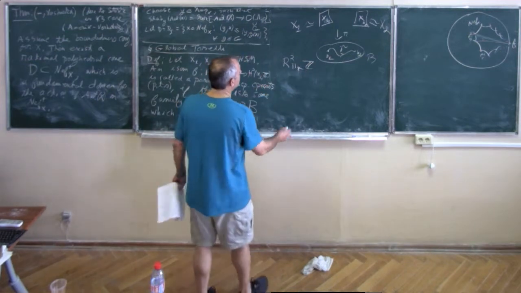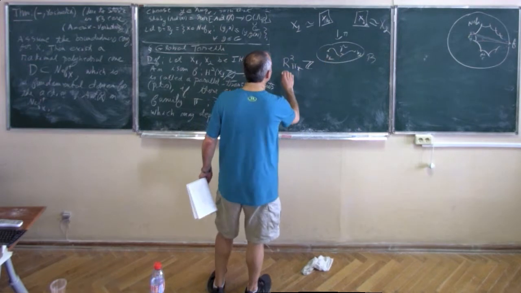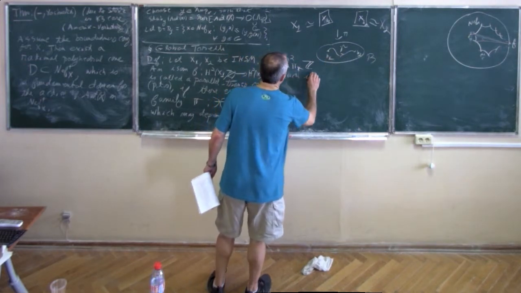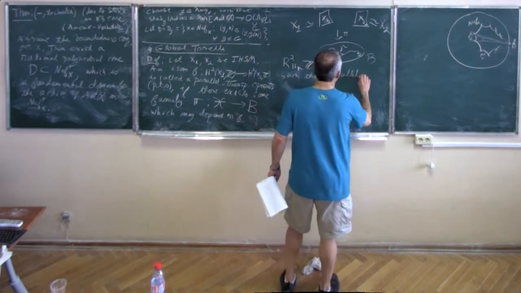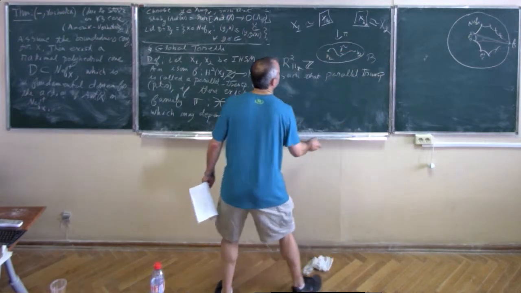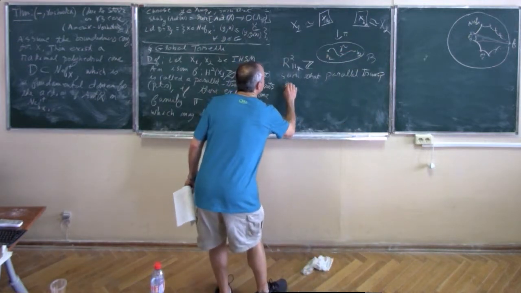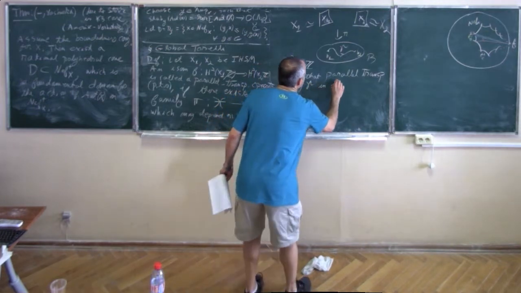So all these data should exist such that parallel transport along gamma in the local system